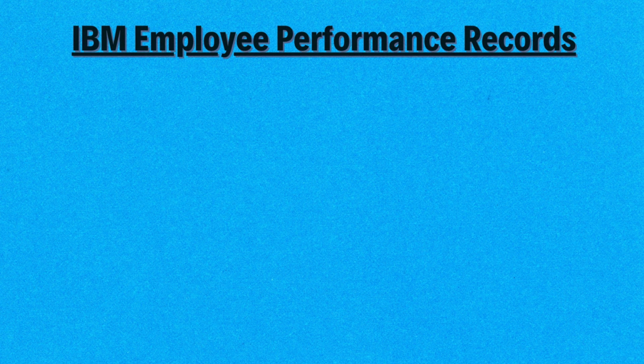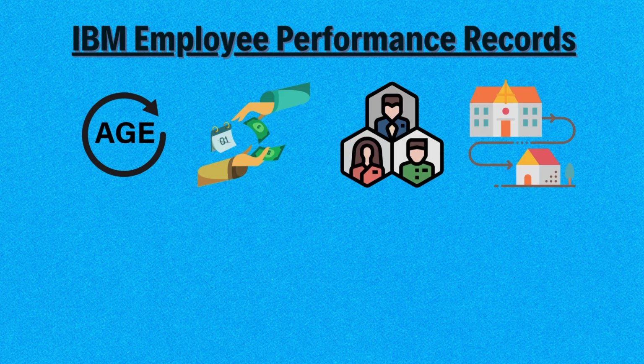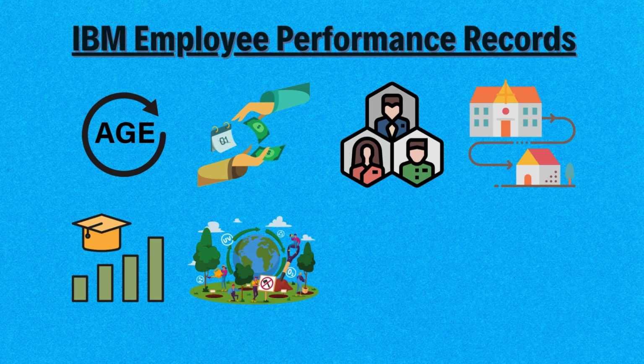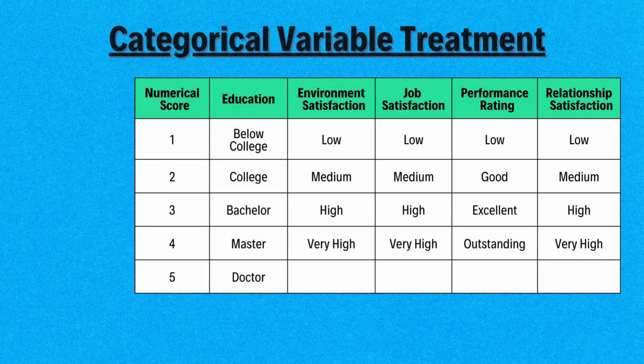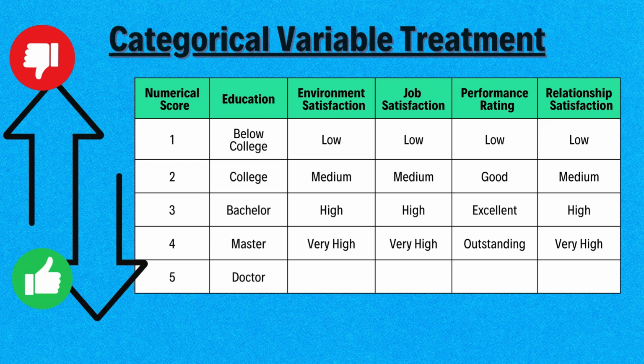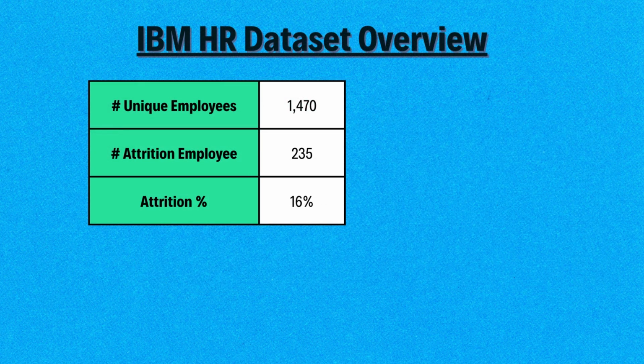Let's clarify the context of this dataset, which contains IBM employee performance records linked to attrition. It includes multiple variables such as age, monthly income, department, distance from home, education level, environment satisfaction, job satisfaction, and years with the current manager. Key factors like education, environment satisfaction, job satisfaction, performance rating, and relationship satisfaction are scored numerically, with lower numbers indicating poorer outcomes. The analysis objective is to identify employment records at IBM contributing to attrition, which stands at 16% as